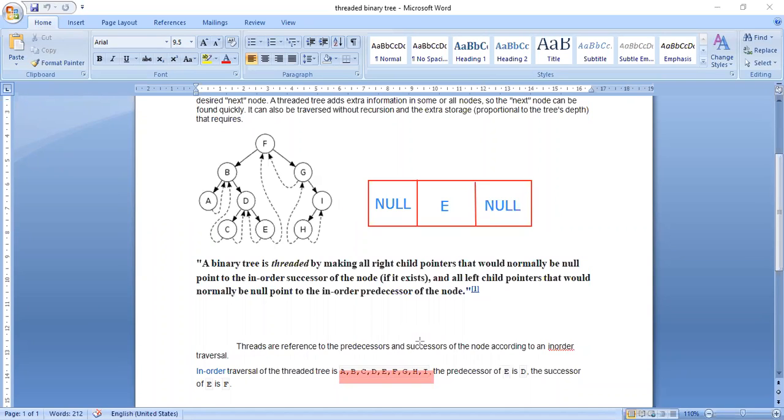Mainly one thing: if there are only 3 nodes in the subtree, it is very easy. In order means left child, parent, and right child. But if it is a big tree, then what do I have to do? At the root node, I should divide what is the left subtree and what is the right subtree. And again the left subtree, I should divide into a further left subtree and right subtree. In this recursive form, I should divide the whole tree into parts.